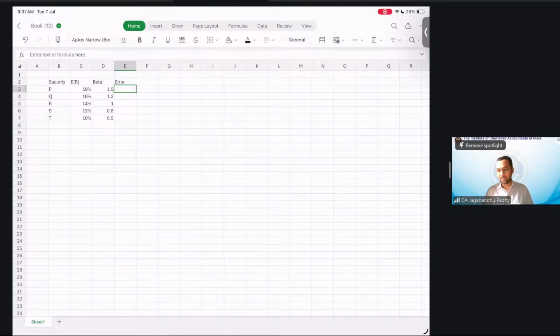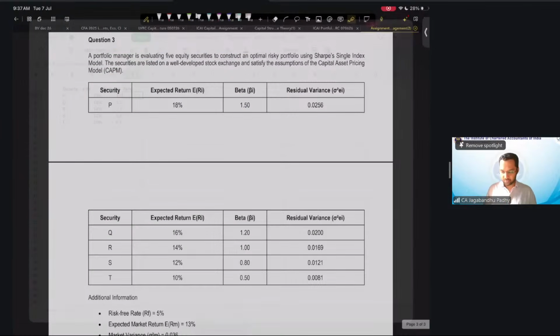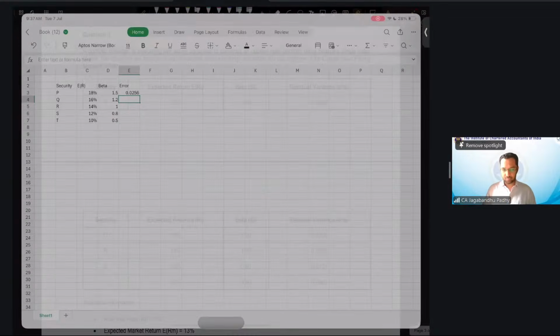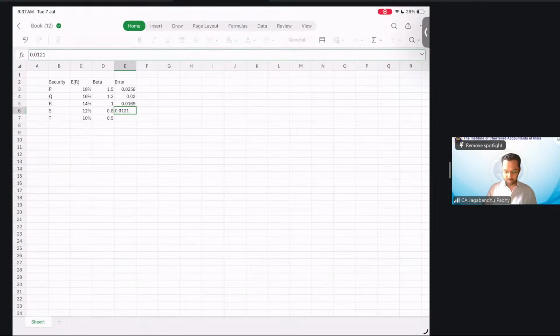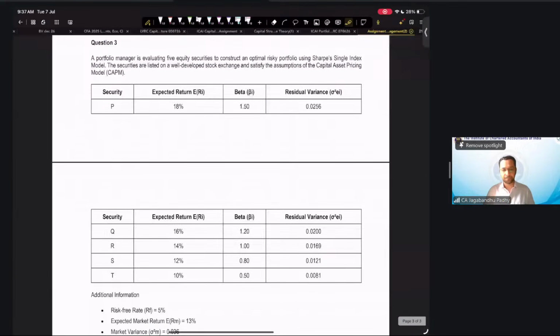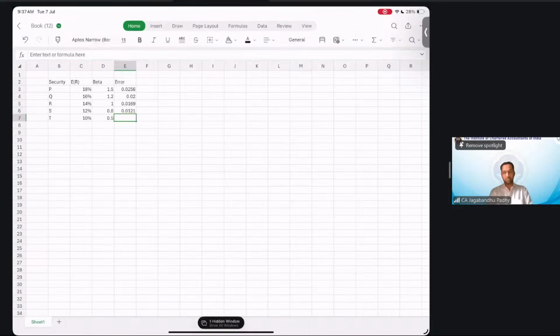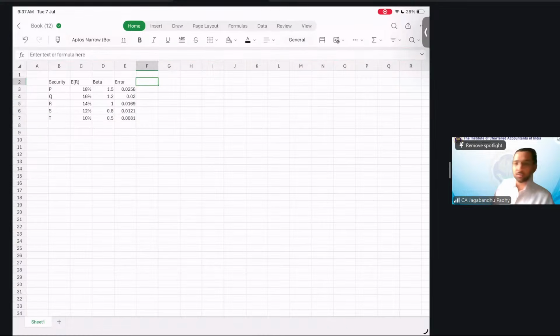Error terms are 0.0256, 0.02, then you have 0.0169, 0.0121, 0.00081. These are the error terms. Once we have these error terms available,